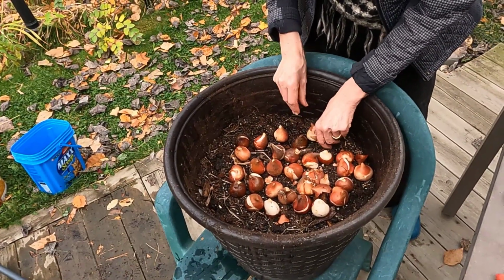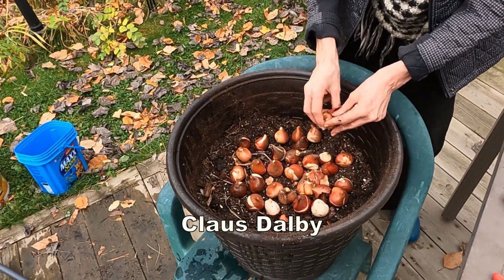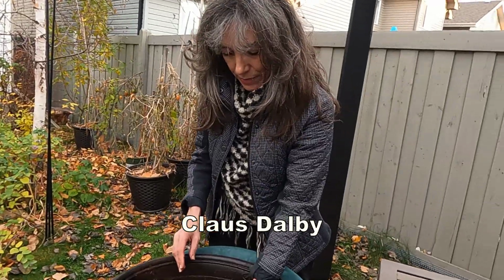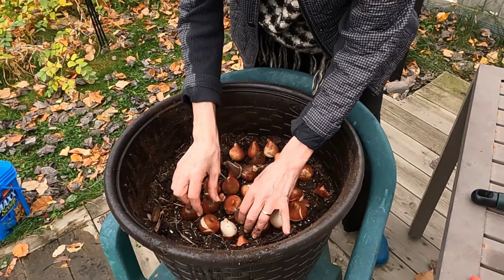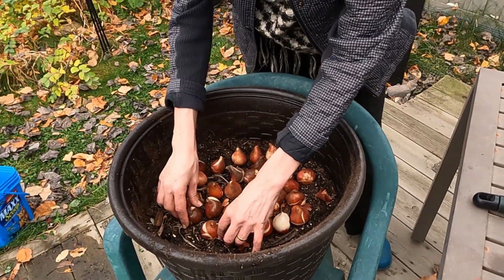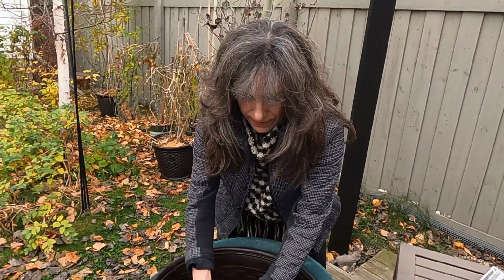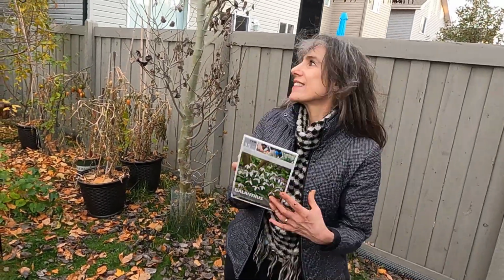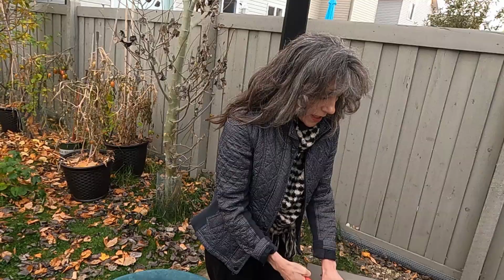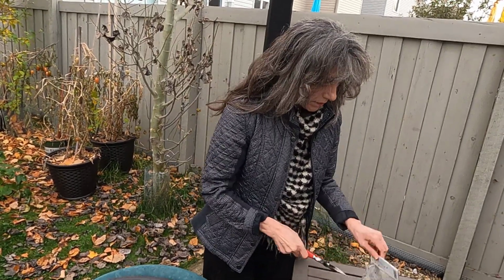Yeah, I like that. It's gonna be a very nice, colorful display. And I have seen, it's a Claus Dalby. He does these beautiful displays on his front porch. It is really dense, and I'm going for something like that. It's also in a cold climate. Okay, so the center is gonna be taller, and the sides we're gonna have this. Looks like a winning combination. Could be better with scissors, but